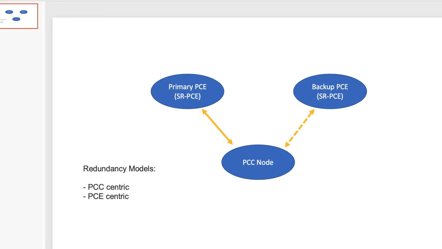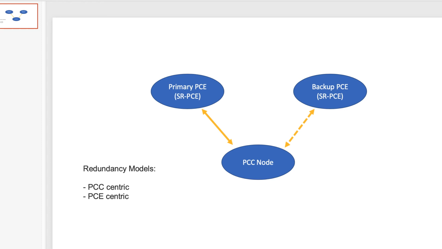So there are a few more things that I can go ahead and talk about. Whenever it sends that request, those bits are primarily managed by the SRPC. When I say the bit, let's say whenever you are configuring an SR policy, or any segment routing traffic engineering policy, the special bit in the PCEP report messages should be reported only to the primary SRPC and should have this particular bit set. We do not need that bit to be set on the backup. And that bit is managed by the SRPC in the PCE centric model.